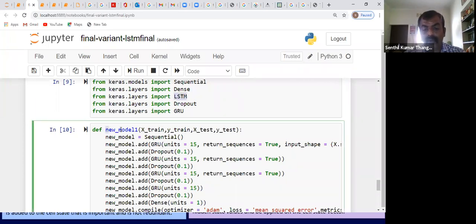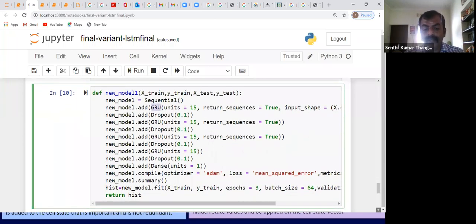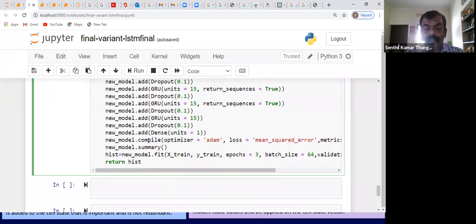Now we want to create a model, right? When we create a model, we need to specify the layers. So we are adding as many GRU units as needed. Once this is done, we compile the model, fine. Then we fit the model, right?